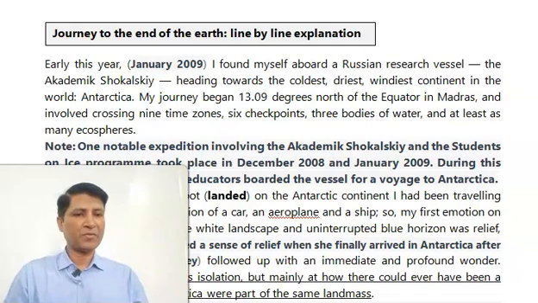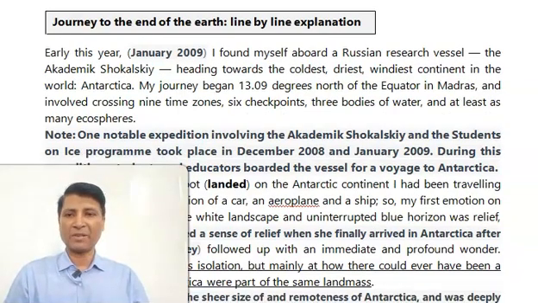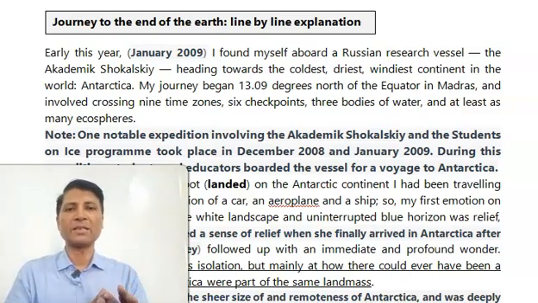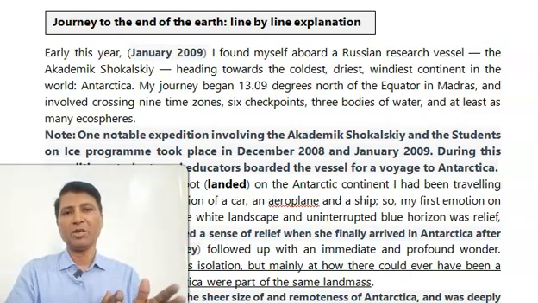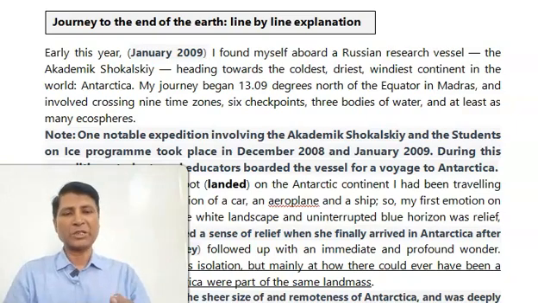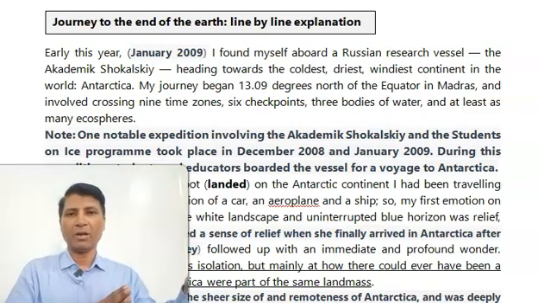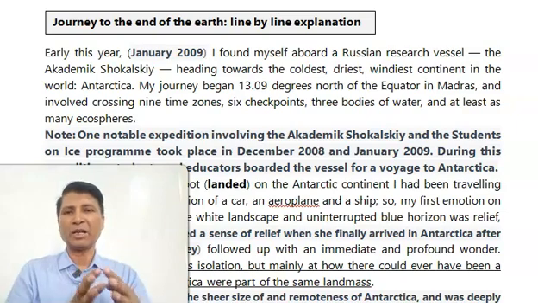So in this part of the story, that means in the first paragraph, she is talking about her boarding of a Russian research ship. Vessel means ship, whose name is Academic Shokalsky. This ship keeps taking researchers, students and academicians to different parts of the world. So in 2009, Tishani Doshi was one of the team members that had gone to Antarctica, and she has described